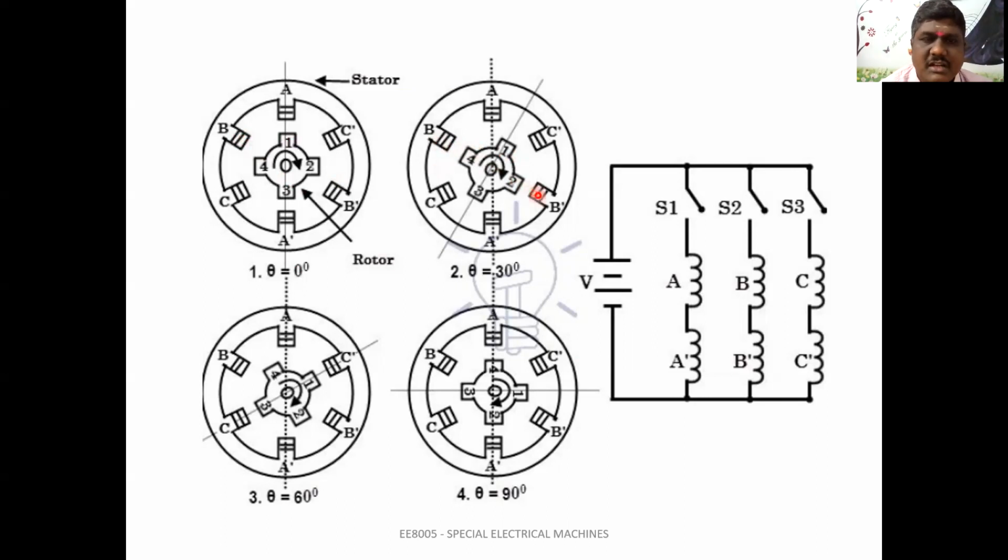Now this is a position. If you are going for this kind of angle, that will be 30° moving in the clockwise direction. If I want to give the anticlockwise direction, I have to give the C dash excitation after giving the excitation to A. So now S1 is closed, that will be 0°. Now S2 is closed, it will be 30°, and S3 is closed. Now S3 closed means C. Again 30° will be there. Now it will be choosing that particular position.